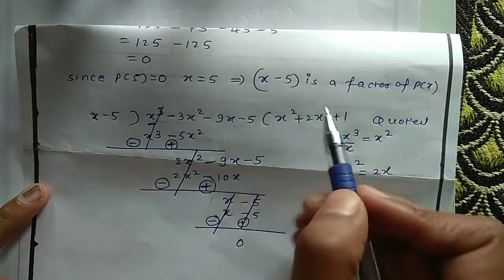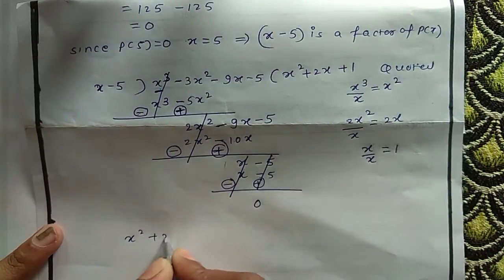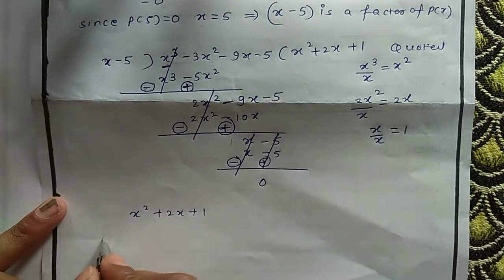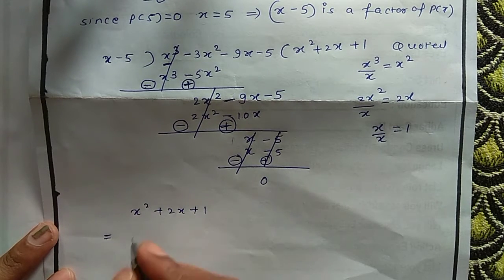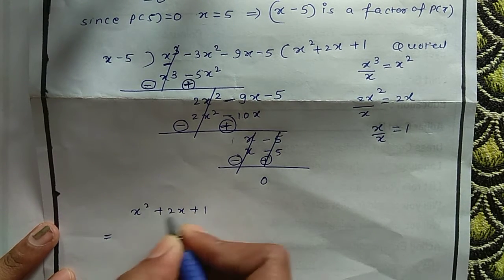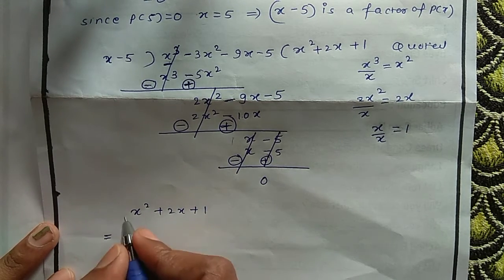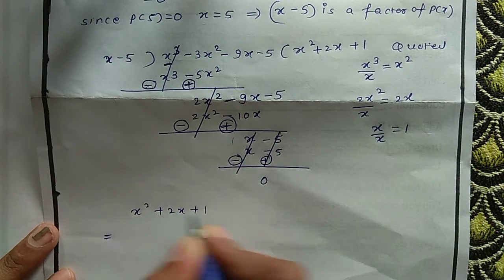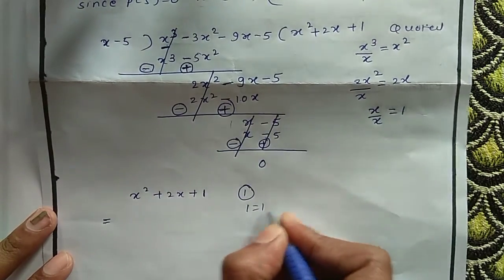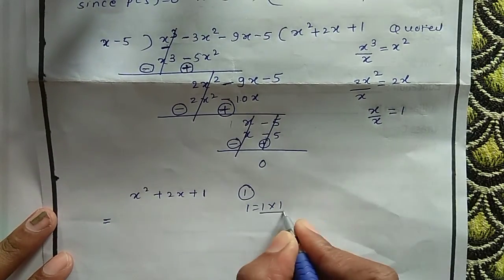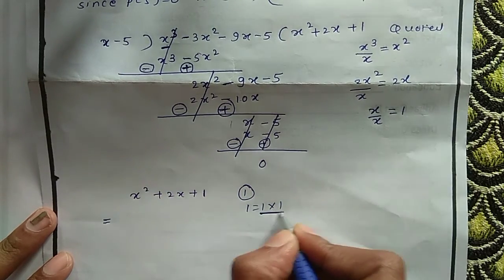So this is one of the factors. From this quotient you will get the remaining two factors. So as you know, in the quotient we got a quadratic polynomial, and you can find out the factors of a quadratic polynomial using the splitting middle term method. So here this is ax square plus bx plus c according to the general form of a quadratic polynomial. So a into c you have to do. a is 1 here, c is the constant term, that is 1. So try to find out the factors of 1. So that is 1 into 1. By adding or subtracting these two, you should get the middle term. Definitely 1 plus 1 is 2.